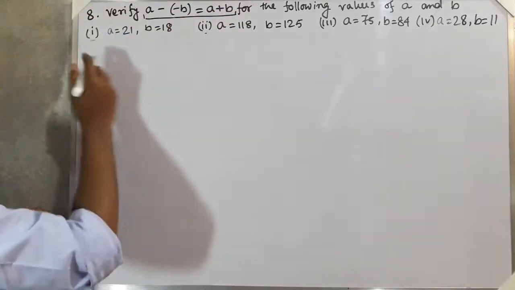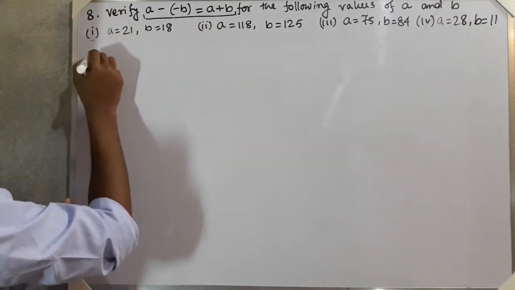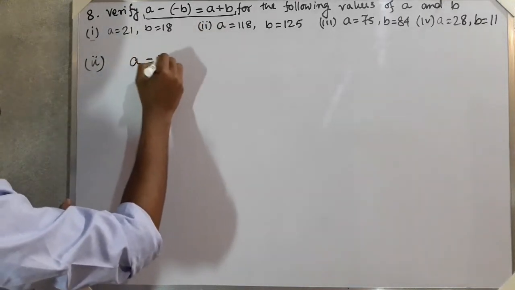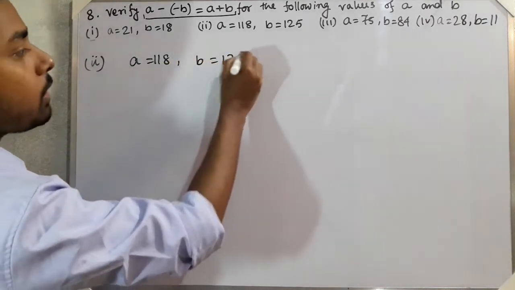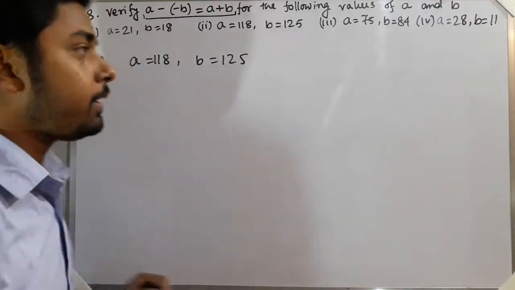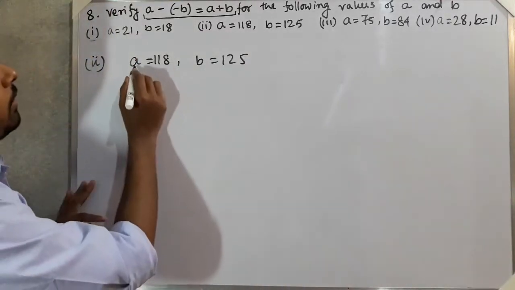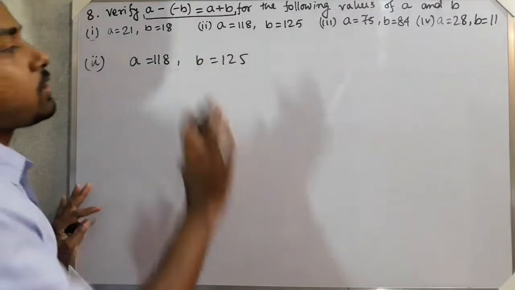So suppose I am taking question number 2. All the questions you have to solve in the same way, so I will solve only one question, and by the same method you have to solve all the questions. Okay, so a equals this one, b equals this one,